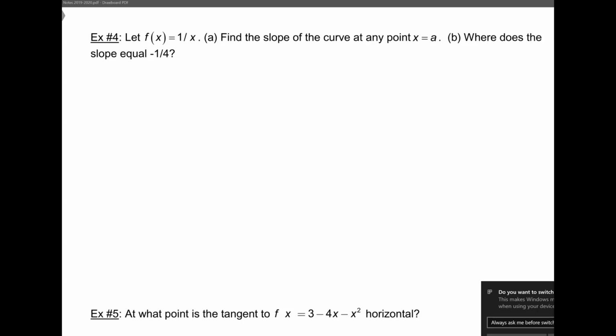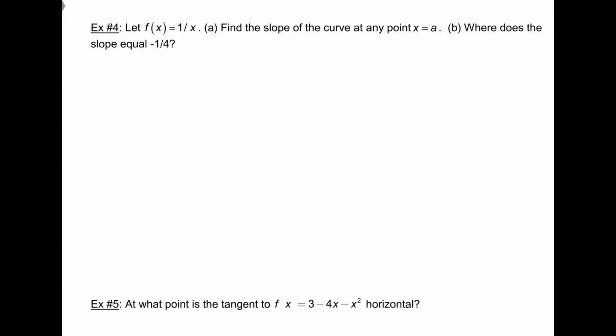Alright, so let f of x equal 1 over x. Find the slope of the curve at any point x equal a. Where does the slope equal negative 1/4? Alright, so let's think about the